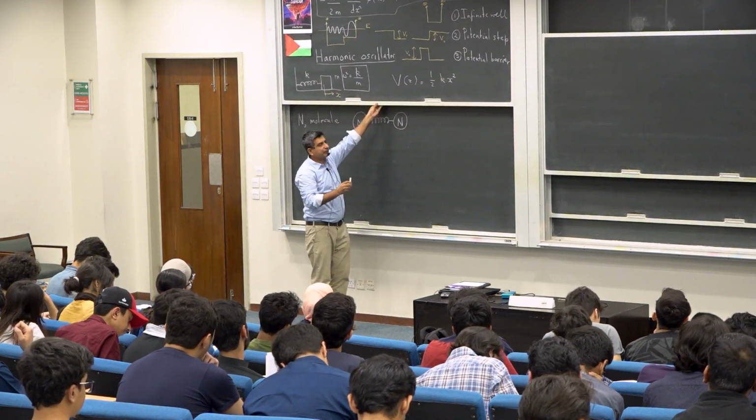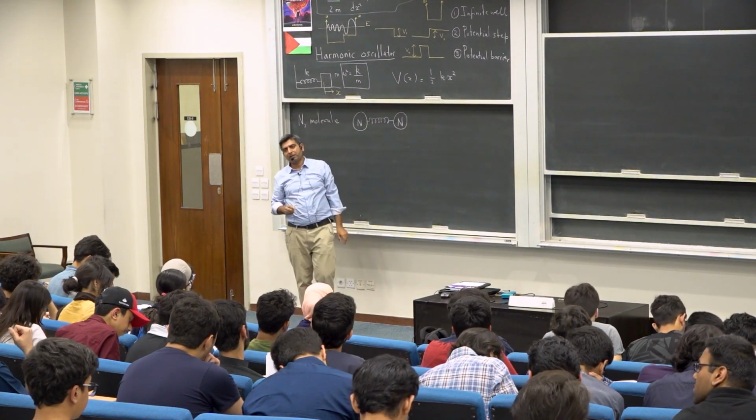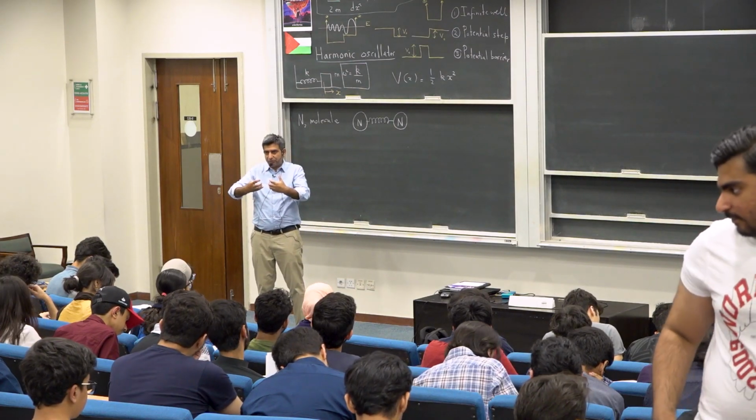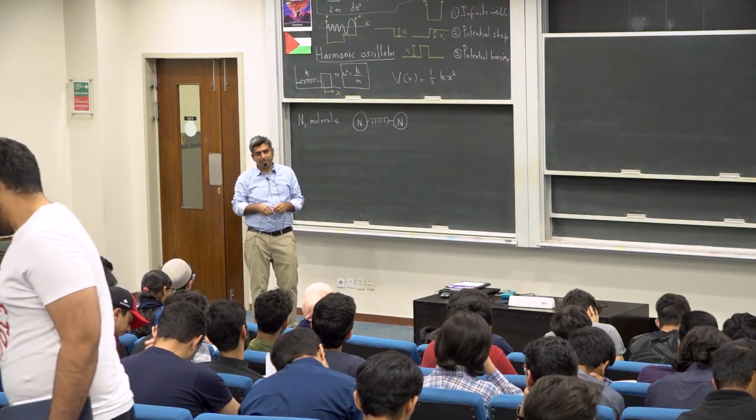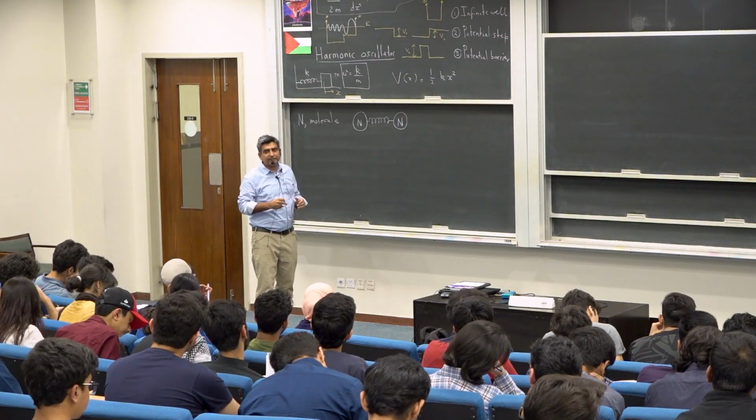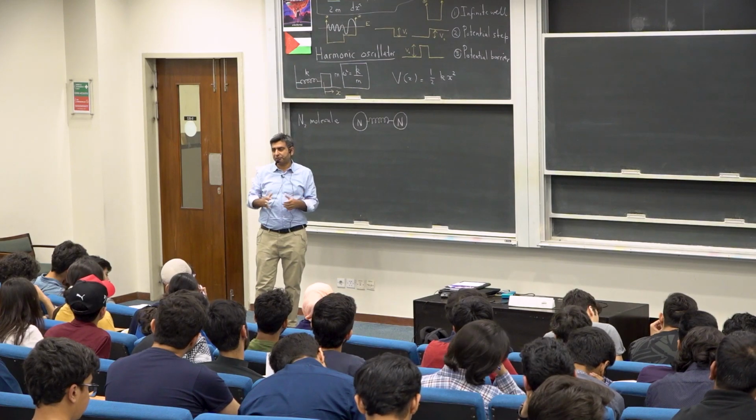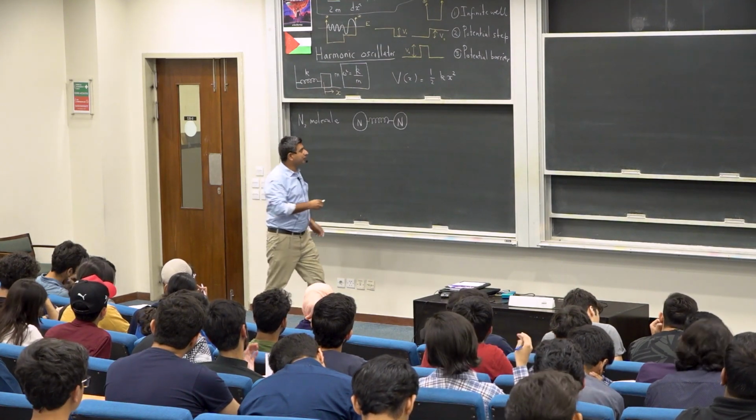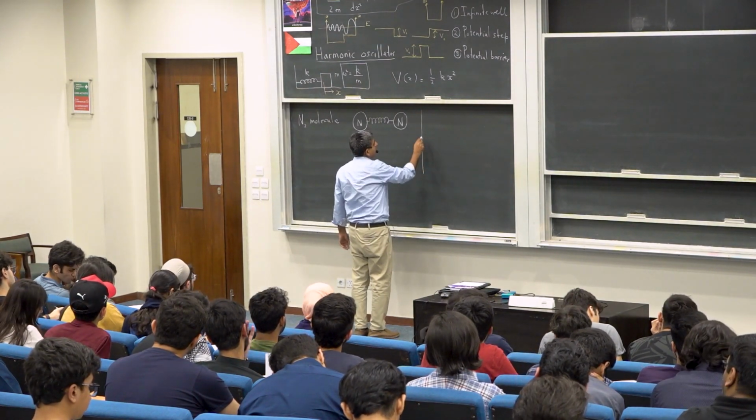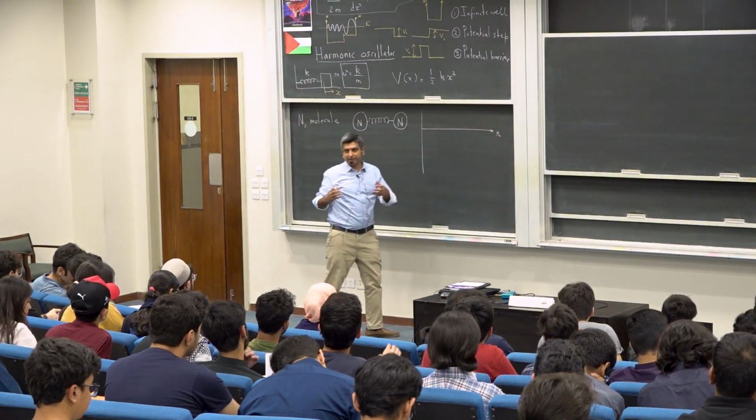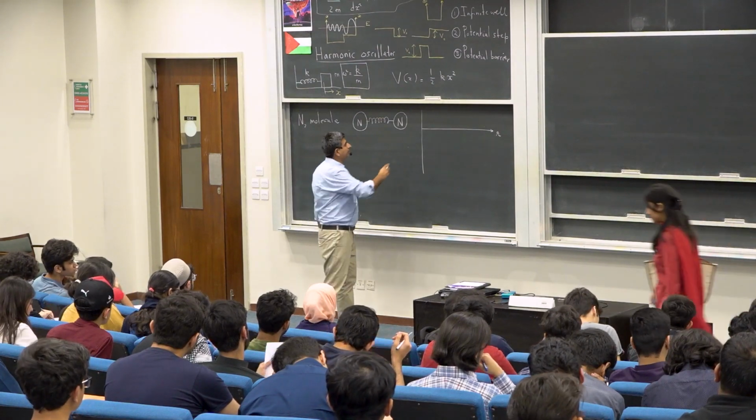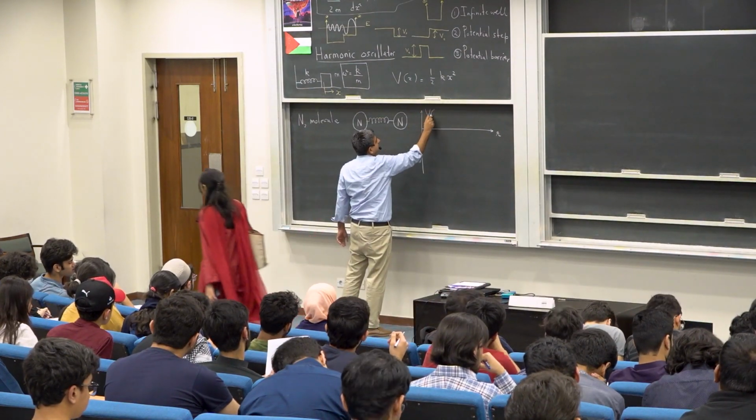So given some equilibrium position, if this molecule were to vibrate, compress or dilate, its energy is going to go up. So the molecule has a certain potential energy associated with it. If I were to make a graph between the distance between the two nuclei and the potential energy,